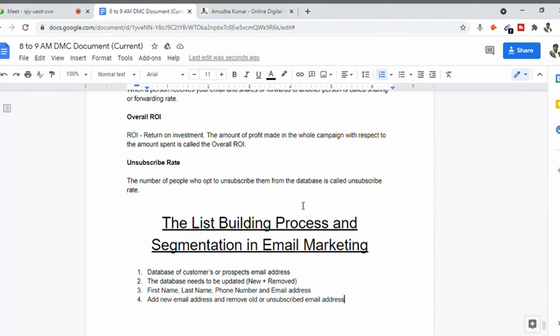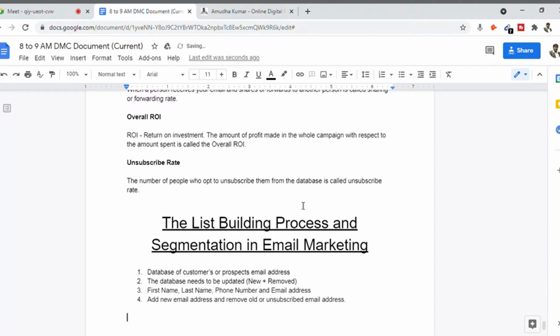Only those people who sign up for your newsletter or the digital marketing course will be very serious about your product or services. So once you send email to those people who are really serious about your product or services, they may end up taking up your services. There can be a decent, proper sale happening. This is very important. So this is about building the list or process.